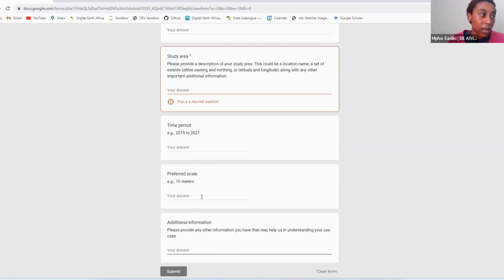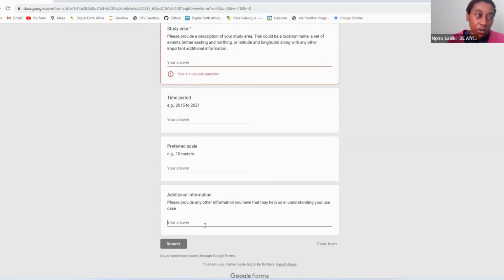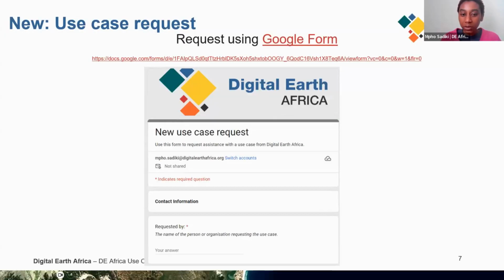Although that is not a mandatory field, you're not required to give the time period or the scale, but if you want to, you can, as well as any additional information that you feel would be necessary for us to understand your use case request. So when you make it, we would get a notification that you have submitted a use case request,